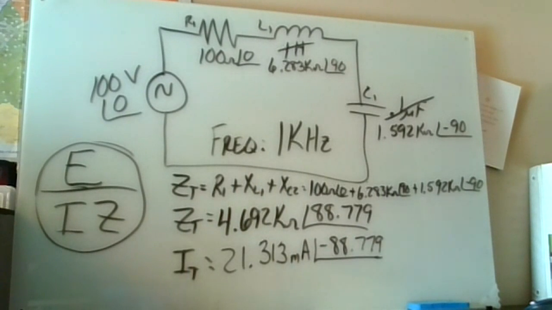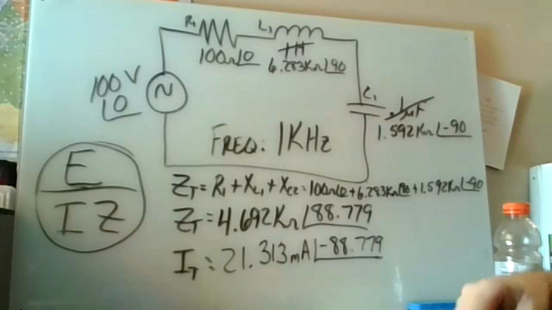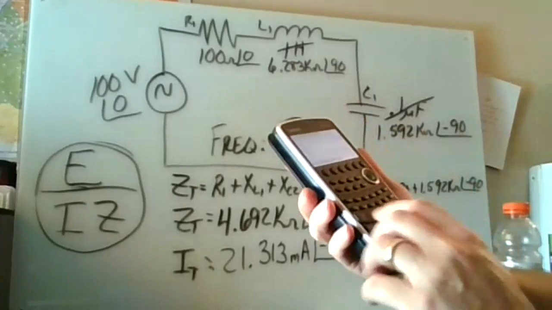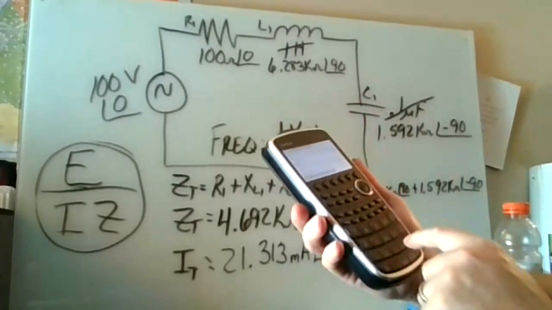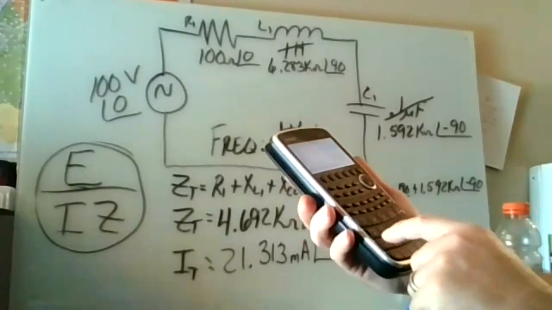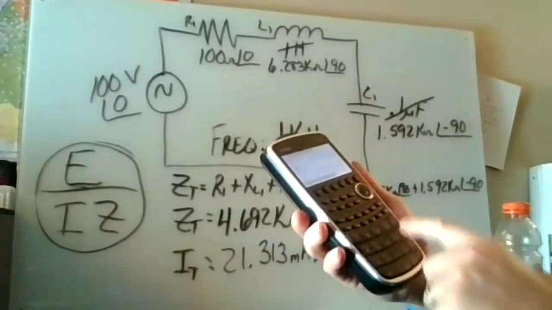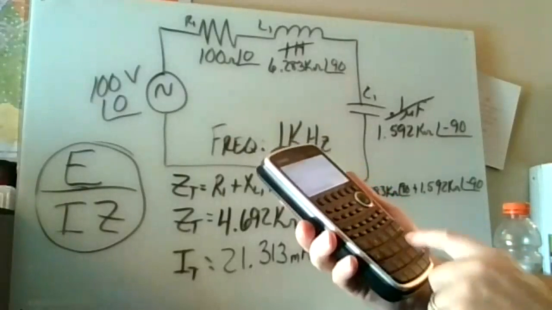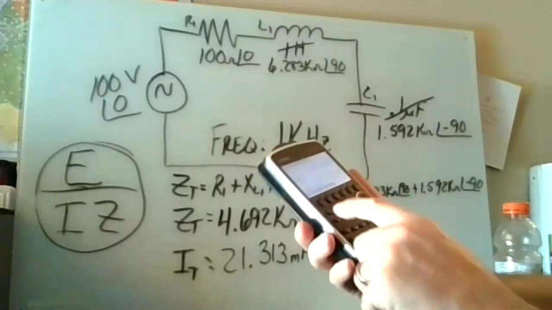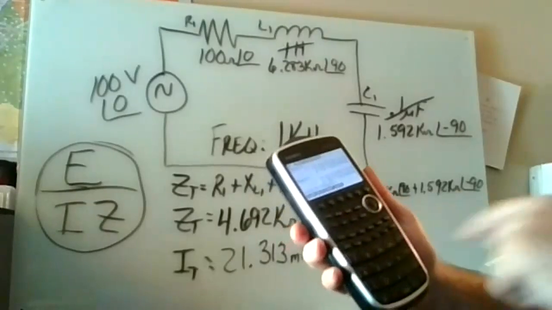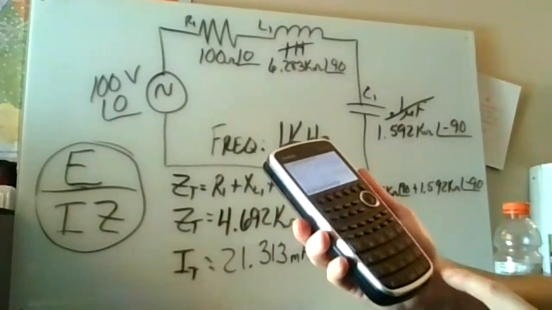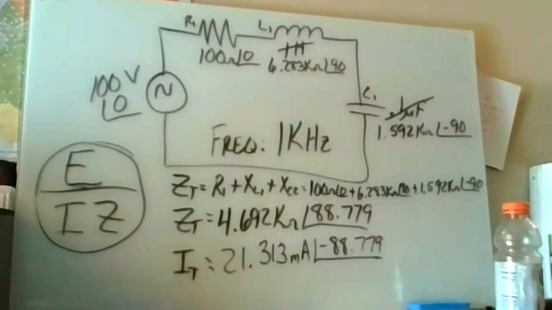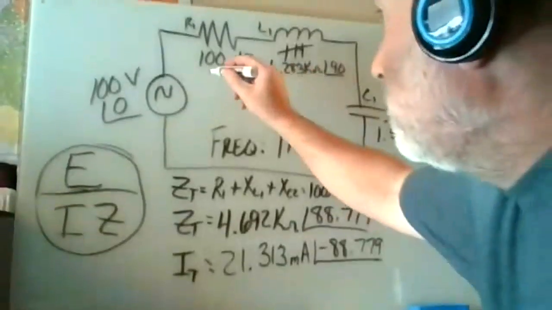Or I can use my voltage divider rule, which is what I like to use. So I'm going to put 100 at an angle of 0 times my resistor, 100. Oh, God darn, I cleared everything. 100 at an angle of 0 times 100 at an angle of 0 divided by, and I'm going to hit alpha Z because I want to divide it by my Z total and hit equals. So VR1, I got